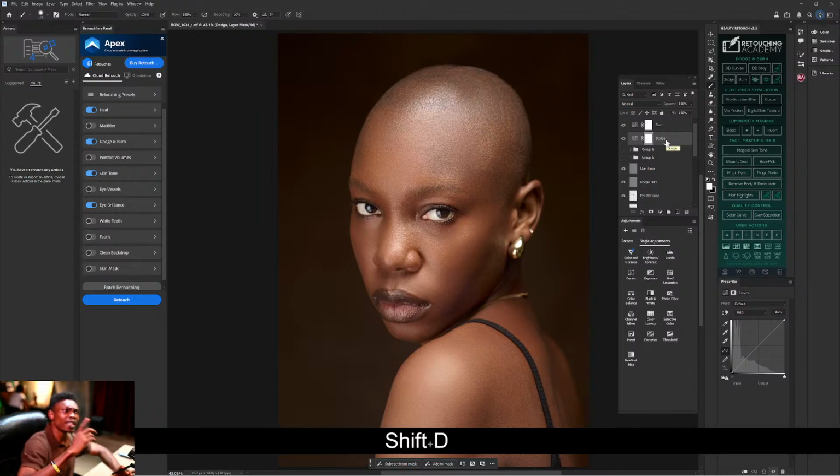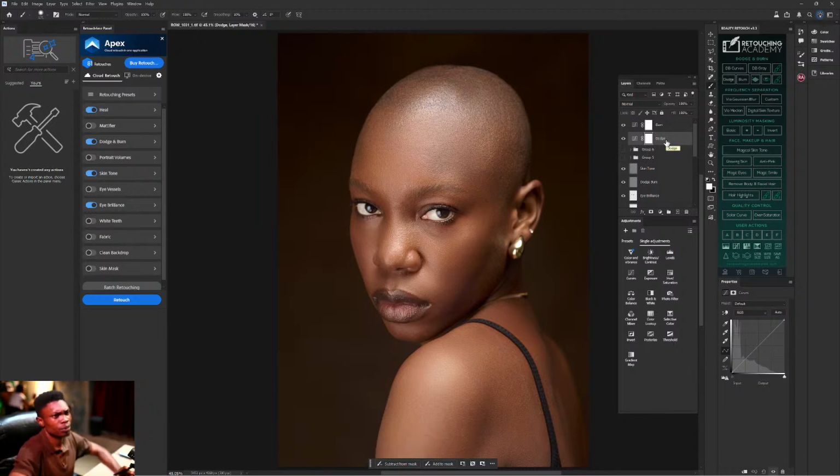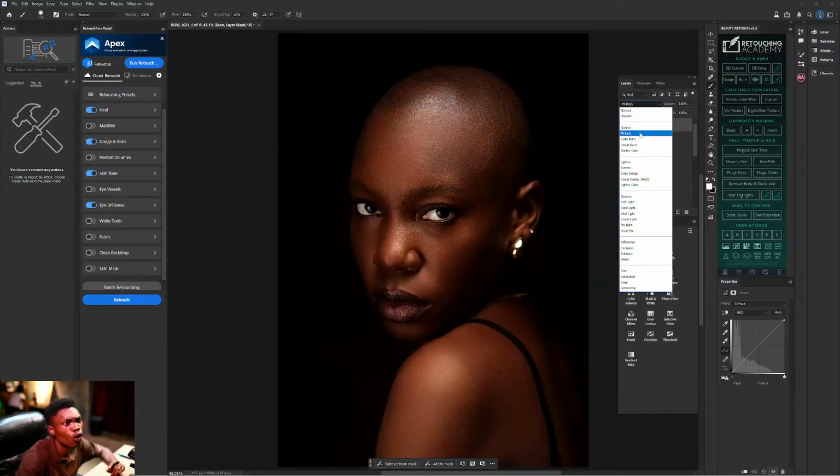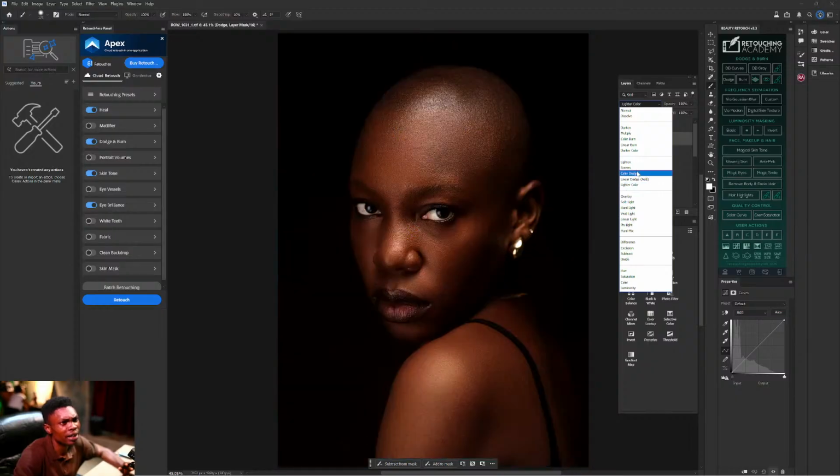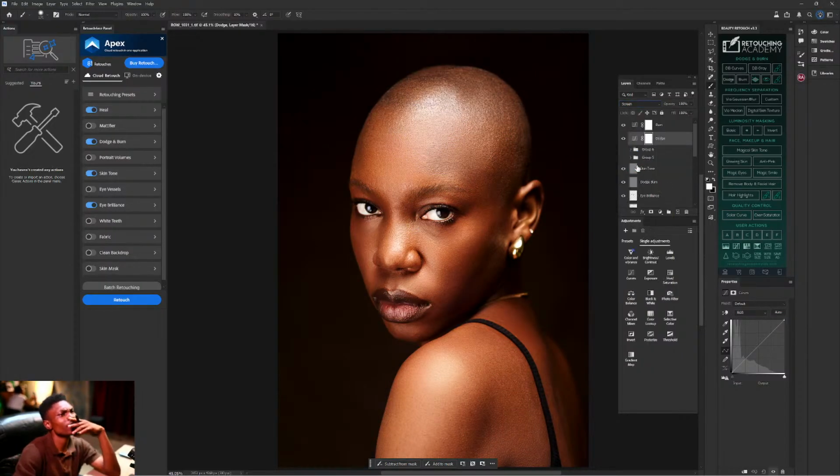So see this part now, in case you no get Retouch Academy. If you go for this burn, select your this thing, go multiply. If you select multiply, they see and say you don't darken this image, you no spoil am o, we go invert am. Then go for dodge, select soft light, I been a screen. And a screen sef na even suppose select for this other one o.